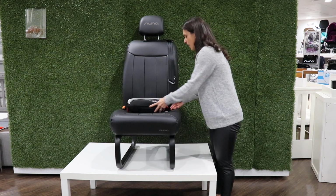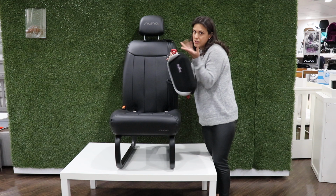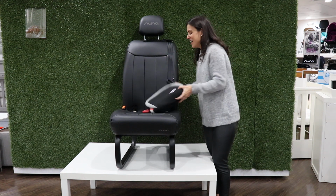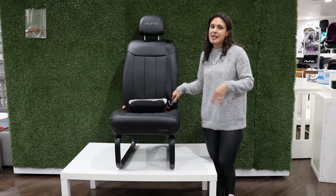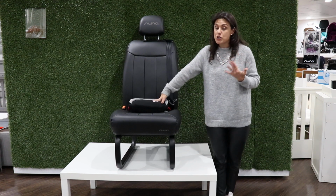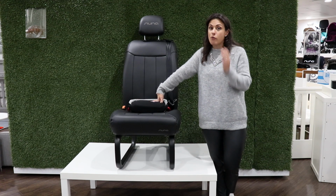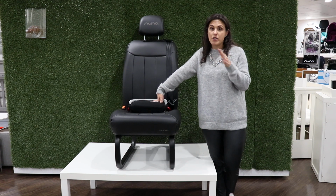You simply feed the seatbelt through the two, I mean, they're red, so obvious that they do something. These two red pieces, and then you put the seatbelts obviously around your child. This is only for children who are of booster age and size. So you're talking about a 4-year-old and up, and they need to be 40 pounds and up, and it's for you to make sure that they're also tall enough where the seatbelt is going to hit them in